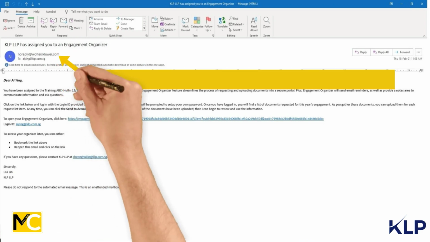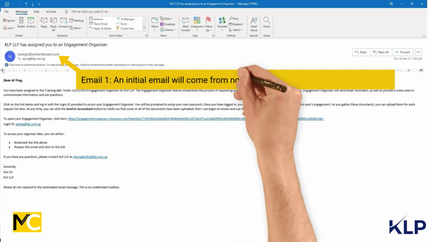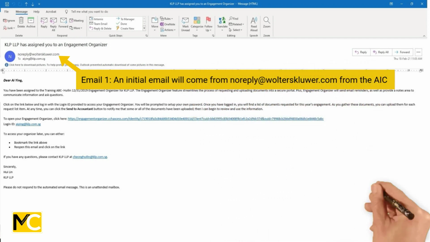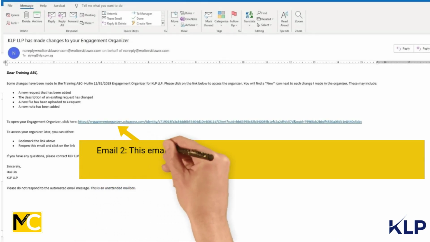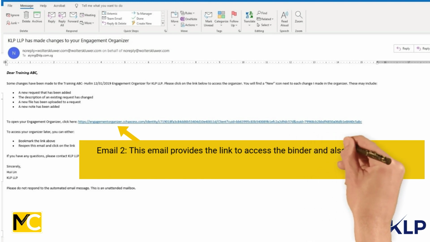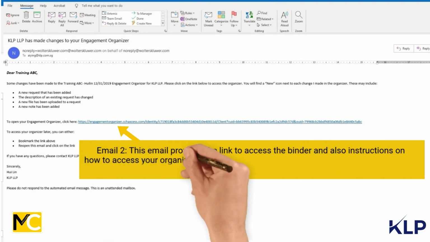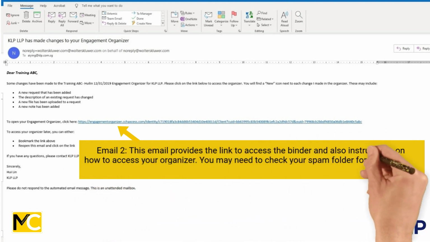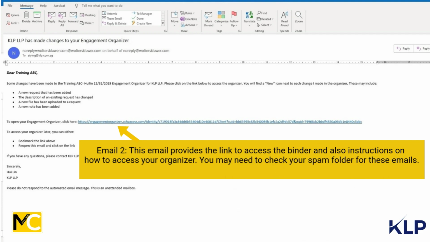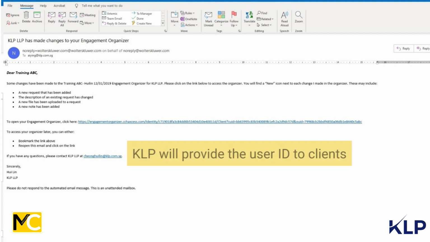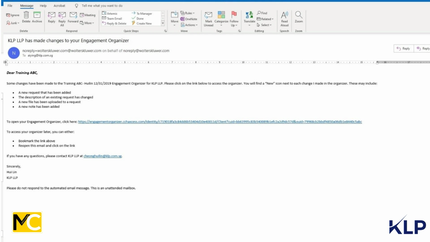Email 1, an initial email will come from noreply@wolterskluwer.com, from the auditor in charge as shown in the video. Email 2, this email provides the link to access the binder, and also instructions on how to access your organizer. You may need to check your spam folder for these emails. KLP would have already set up an account, and hence would provide the user ID to clients. To set up your account: